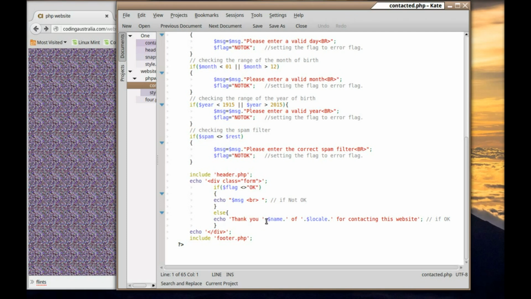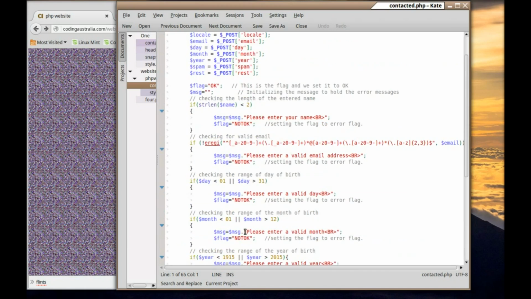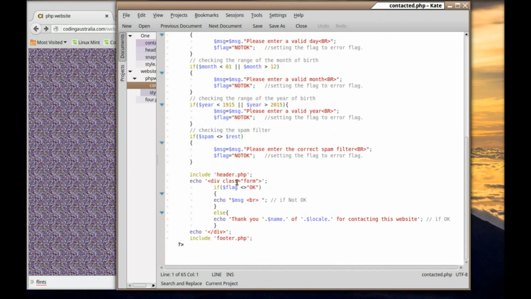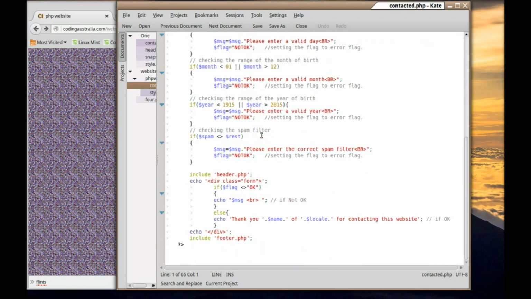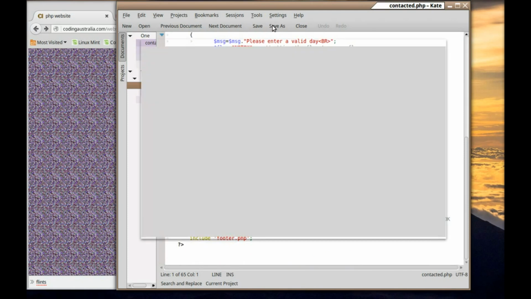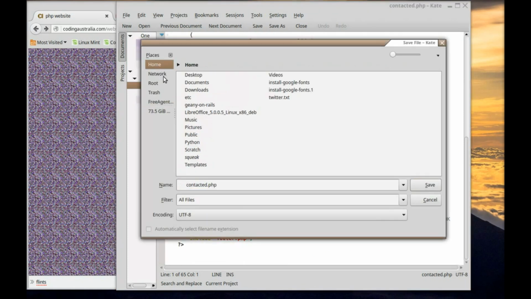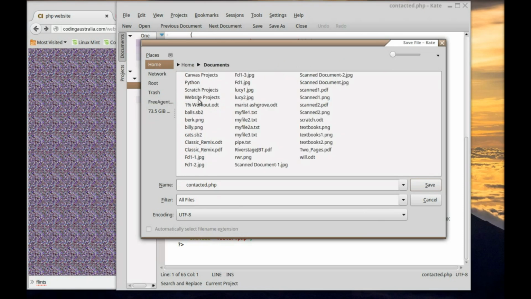Elsewhere, thank you, and then it sticks your name and where you are for contacting this website, and that's if it's okay. And then your div, your form div, alright, which is the div you used before. Alright, and that's what you get. So if you sit down and quietly type all that in bit by bit and save it where it needs to be saved, so I shall put it up in our usual spot up here,